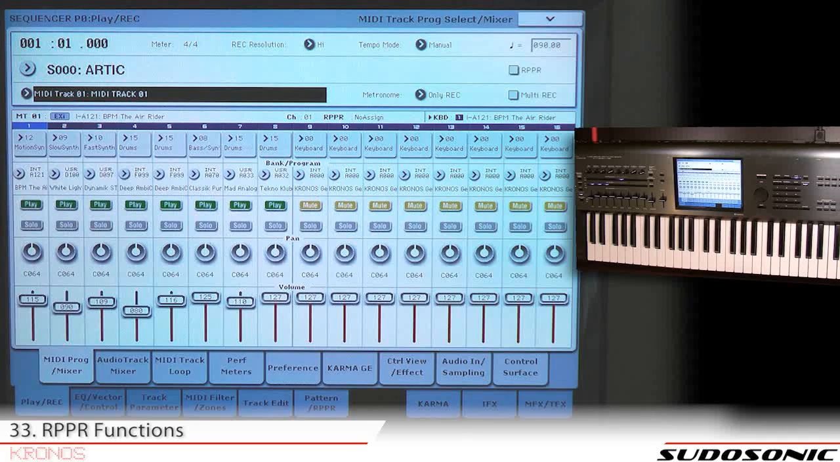Okay, in this video I'm going to show you how to use the RPPR function in the Kronos. It's been around in Korg gear for a while. It stands for Real-Time Pattern Playback and Record. It's a feature that allows you to assign playback of a pattern to be played with just the press of